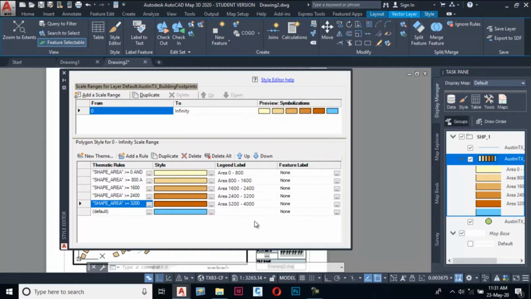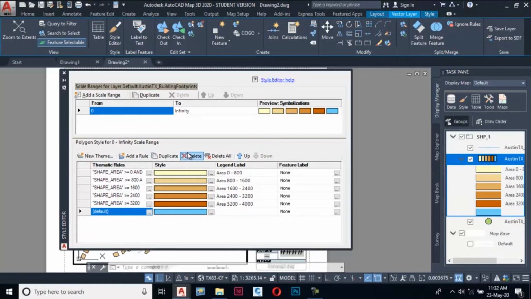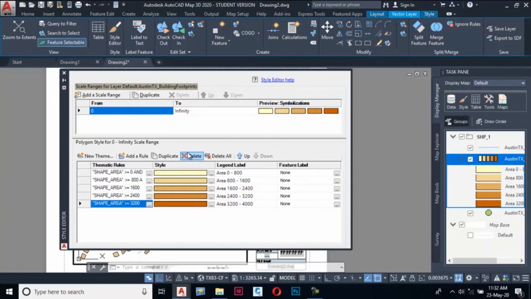A new template containing several ranges is created and added in the list box in the polygon style for 0 to infinity scale range area. Next, delete the default row from the thematic rules area. After that, choose Close button.